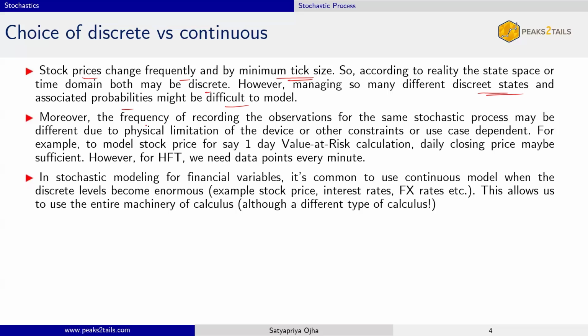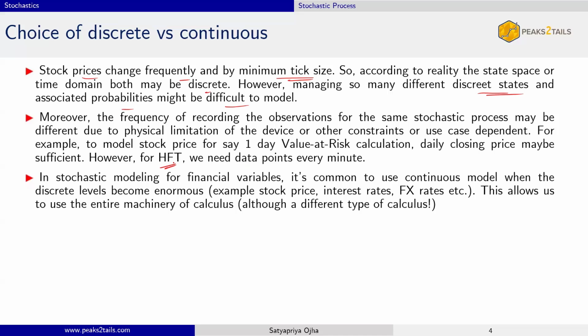So we said daily closing price. We are monitoring only daily closing price. That way it becomes discrete. But daily is not the only choice, right? For example, if you're doing high frequency trading, then you need minute by minute price, correct? So your time domain becomes again 0, 1, 2, 3, 4 discrete, but at a very frequent interval, right?